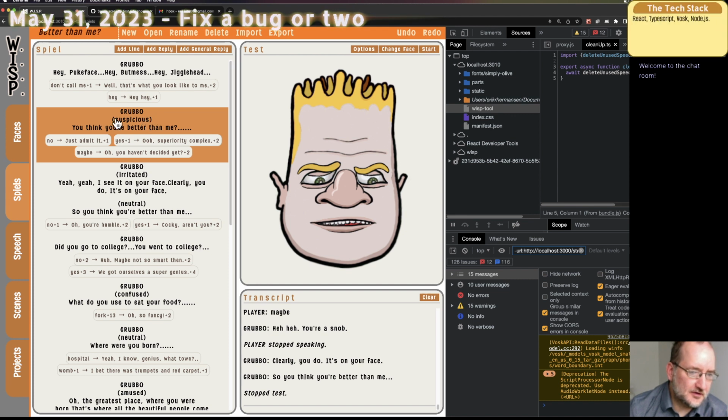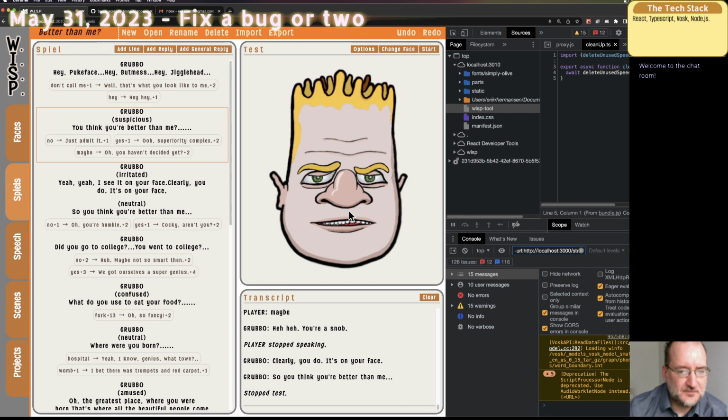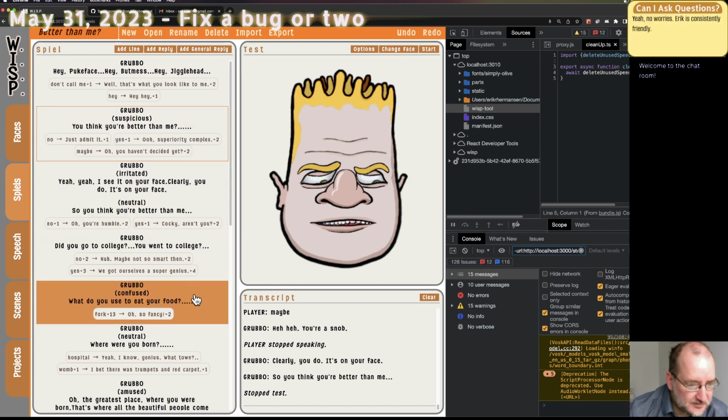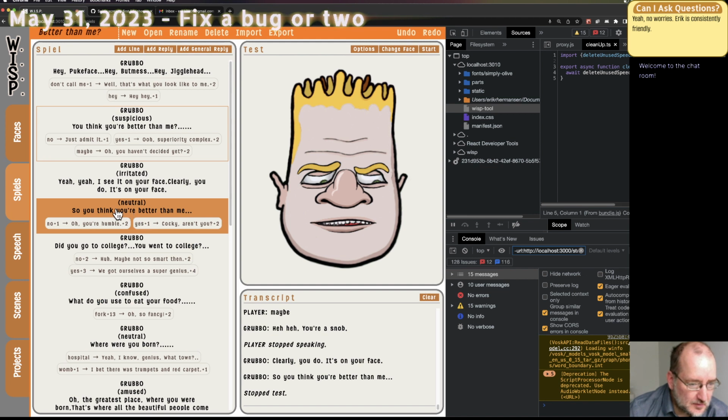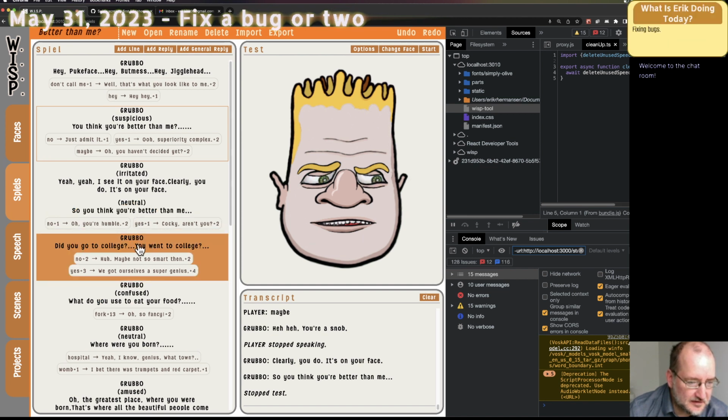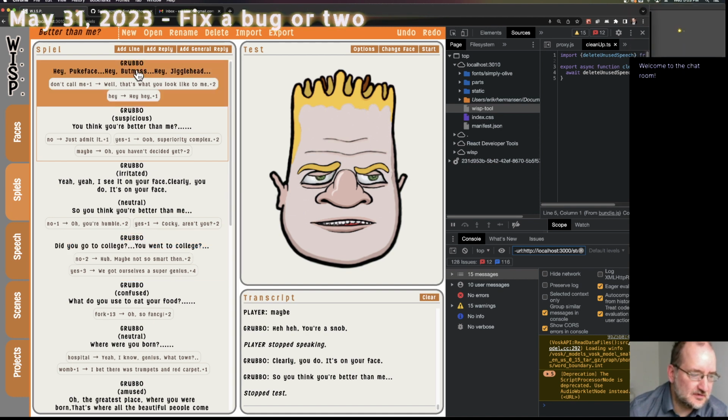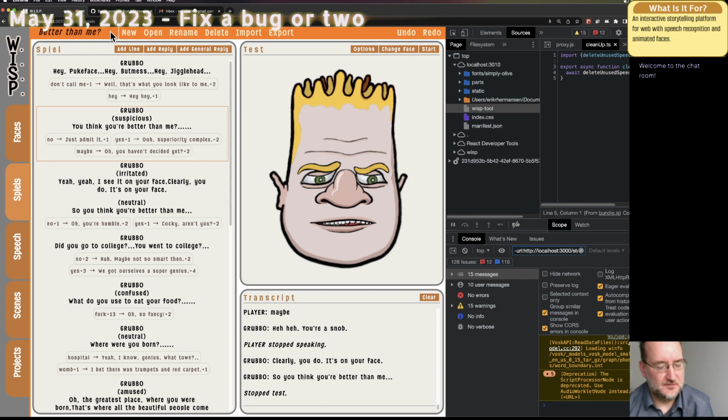The way these parentheticals work is they only show up if the emotion changes for the face. Otherwise, they're just left alone. So let me see if I can find. So here, Grubbo has a neutral line, and then he has another line here, but it's still neutral. So it doesn't say neutral on each line, only when it changes. But the first one is not showing up as changed. So I think I know how to fix this.